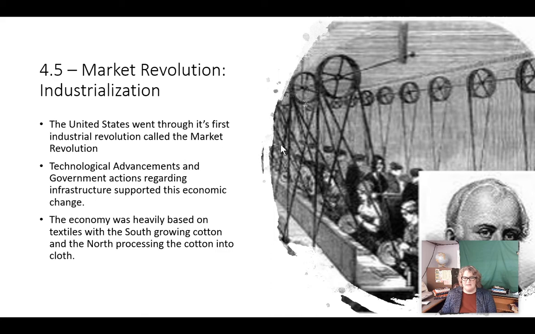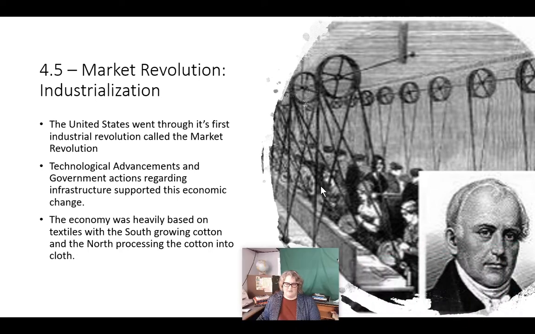So you can see behind me here, this is a spinning loom, right? So this is a factory for processing cotton into cloth. This man here, his name is Samuel Slater. He is the man who brought this technology into the United States. So we're going to see technological advancements such as the mill system, right, that we see right here, or the cotton gin in the South for harvesting cotton, and then